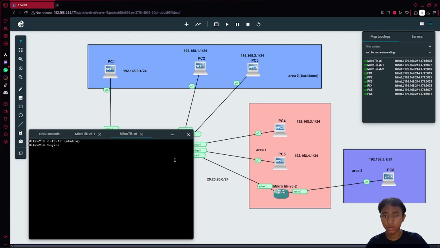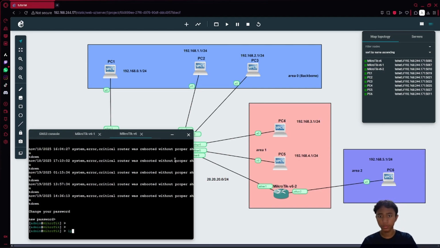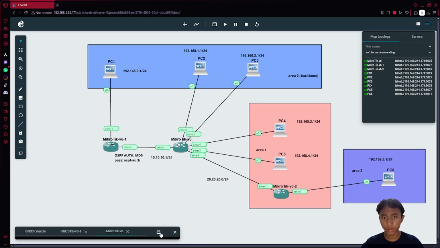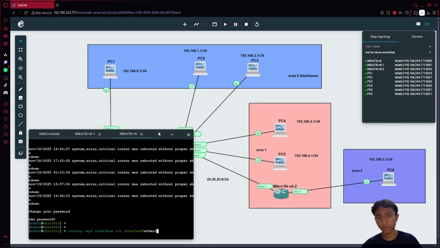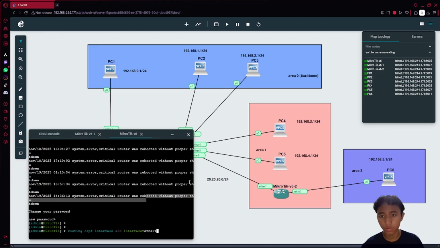So I will configure it. To do that, like before, we use routing OSPF interface, then add interface Ether 1, because we will set it up here, which is connected to the router on Ether 1.